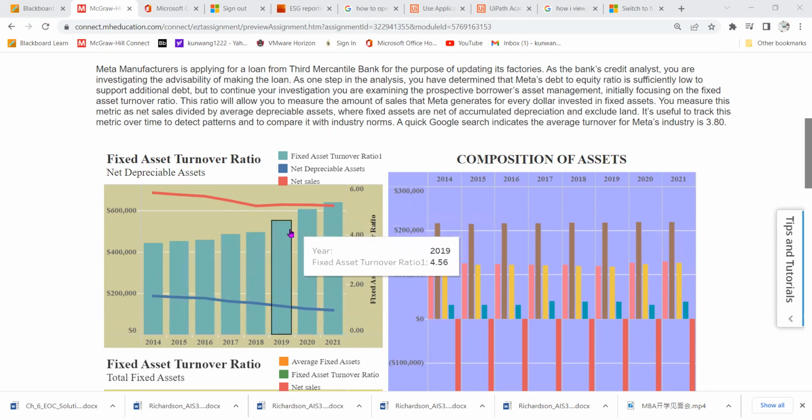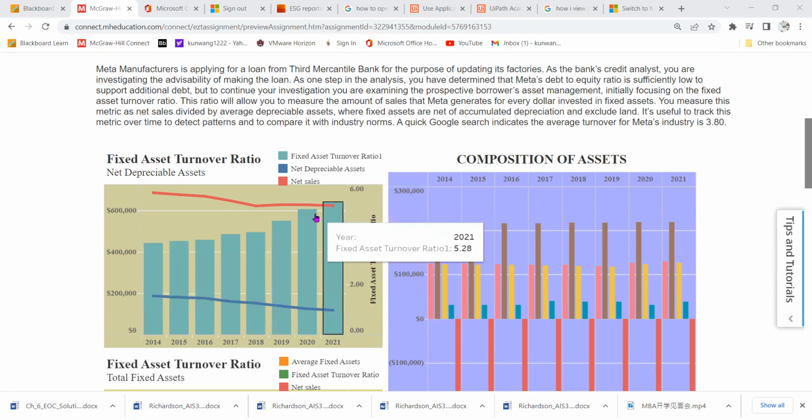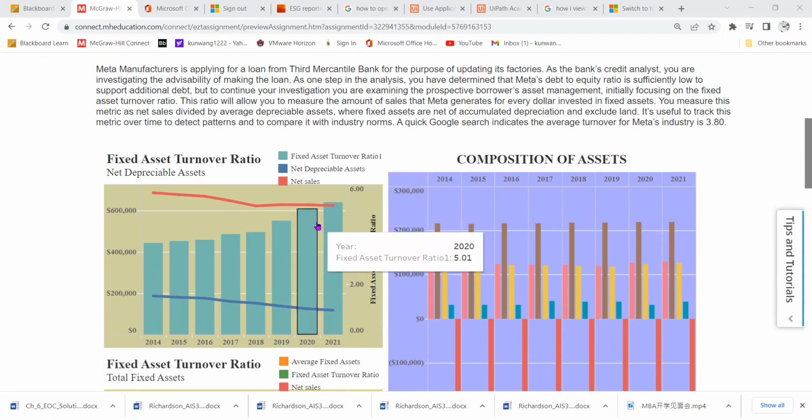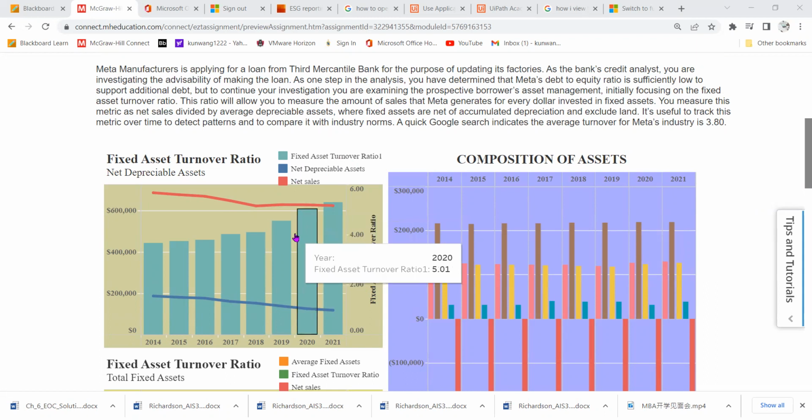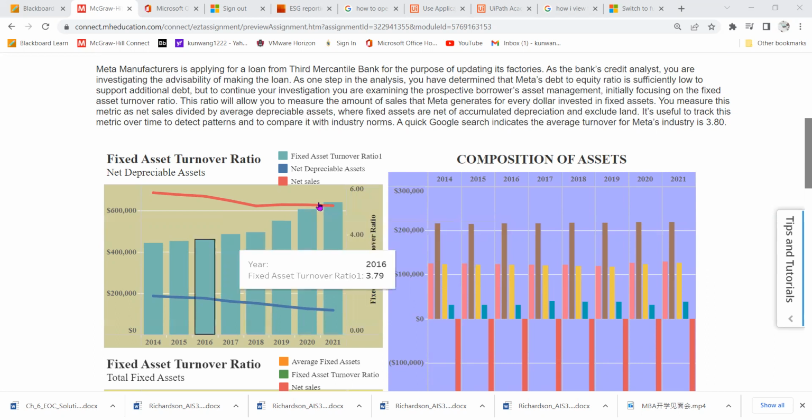So the green bar indicates the fixed assets turnover ratio. Over time it is increasing, so it seems to be good. But for details, we also need to analyze whether this increase is because of the sales revenue increase or the decrease of the bottom number. So there are a few questions led to investigate what the reasons are for the turnover ratio going up over the